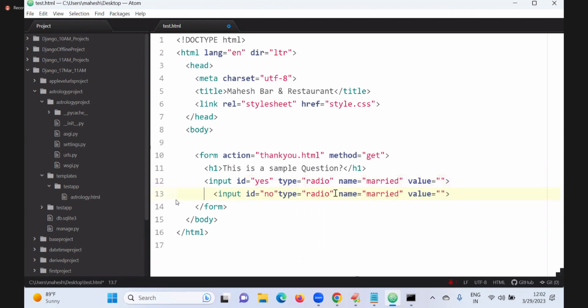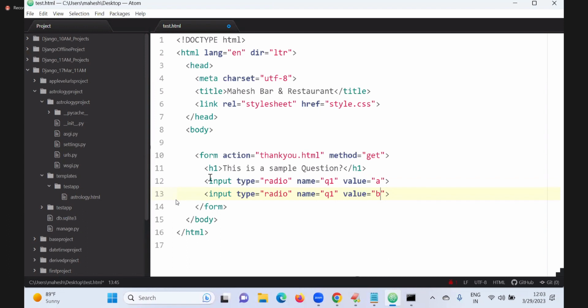Type equal to radio, no labels. Remove this. Remove this. Type equal to radio. Okay. Name equal to, I'm giving, question 1. Value equal to, I'm giving A,